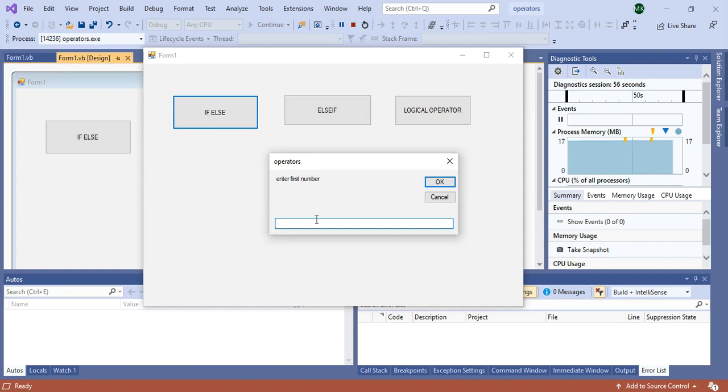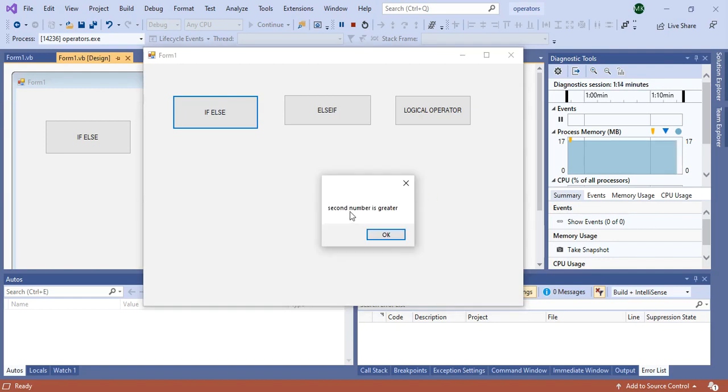It is asking for input values. This box is called an input box. The input message is: enter first number, 5, then enter second number, 9, and the second number is greater.